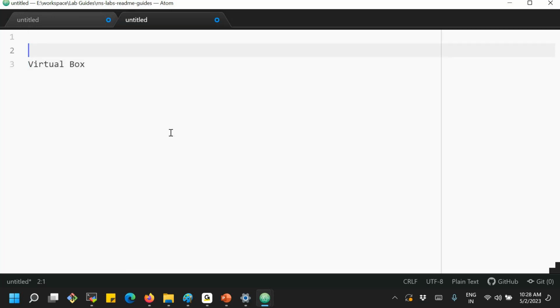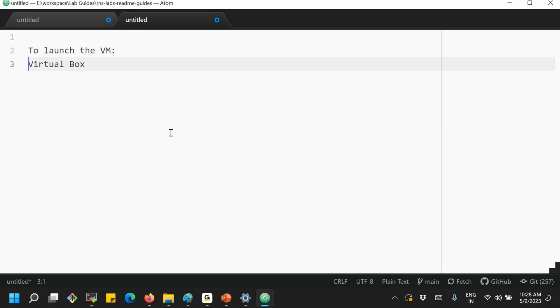So what we are trying to do is to launch a VM, to launch the virtual machine. So VirtualBox we have installed and Vagrant also we have installed.